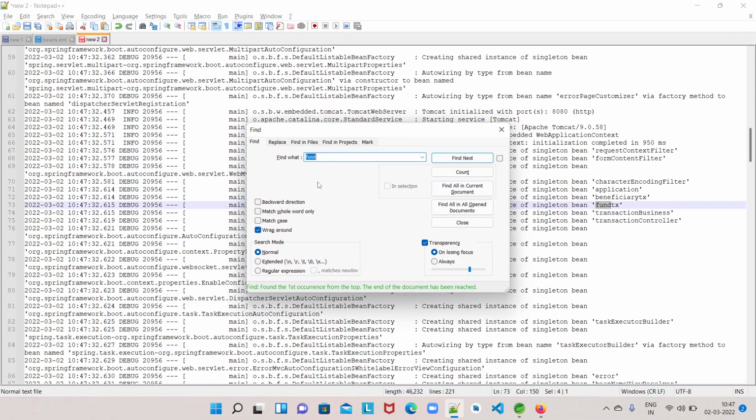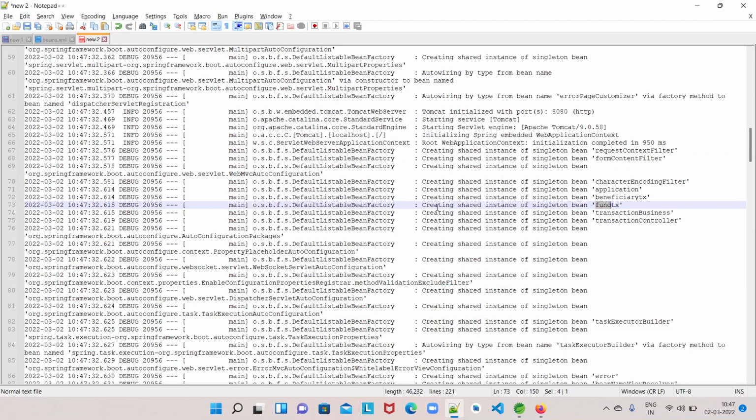Let me search for fund transfer transactions. See this, creating a shared instance of singleton bean. This is the name of that bean. Similarly, creating a shared instance of singleton bean beneficiary transaction. Okay, so transaction business. If you see here, the only difference from the class name is that the starting letter is a small letter.